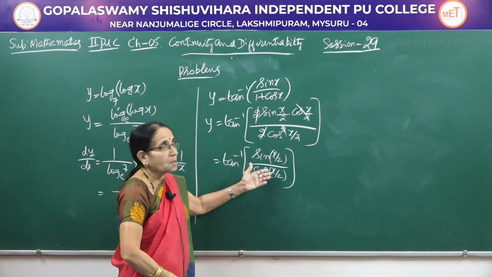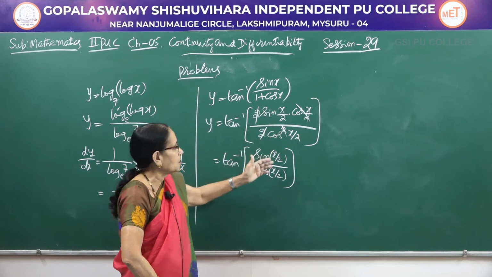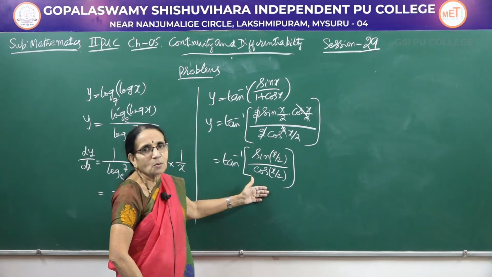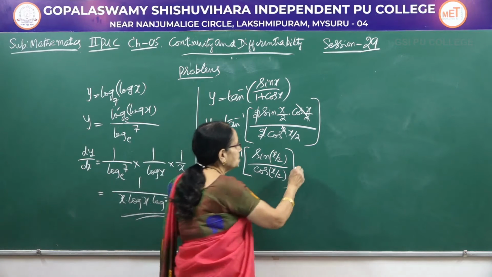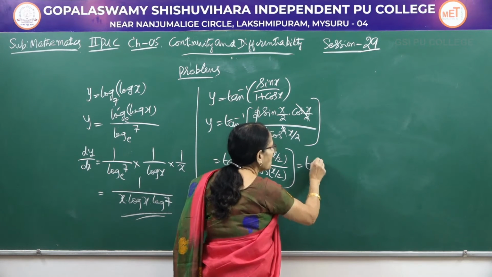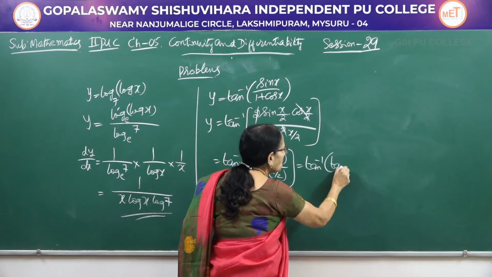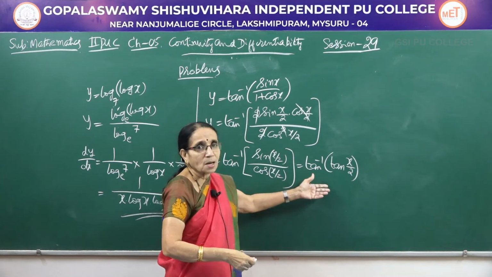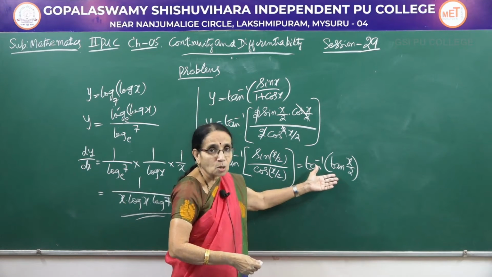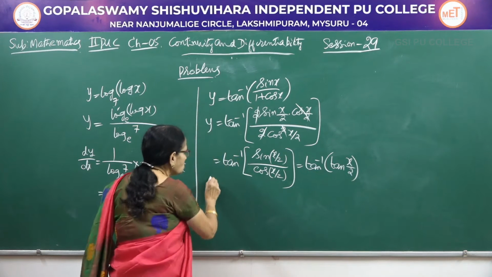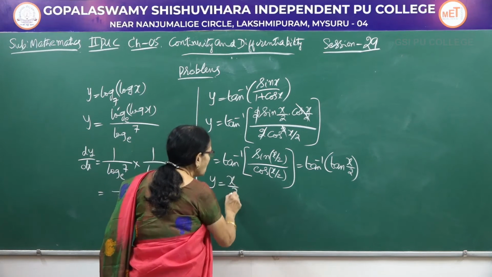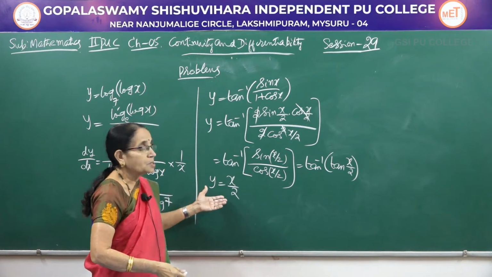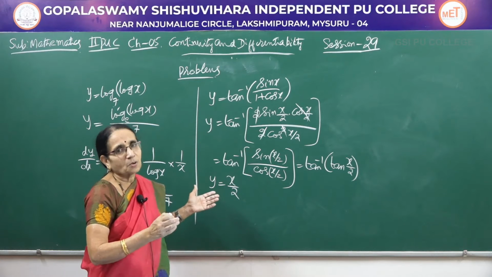We go to the basic thing. Here we made use of the half angle formula. Sin theta by cos theta, what is that? Tan theta. Therefore, I write it as tan inverse of tan of x by 2. So, we got a simple thing: tan inverse of tan. Again, a property or a note which I had given helps us to write it simply as x by 2. You observe, it is a very simple algebraic function.